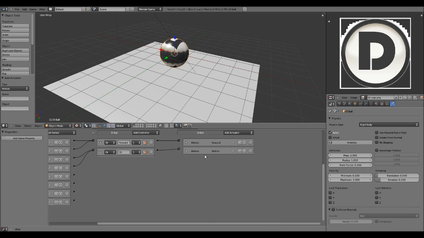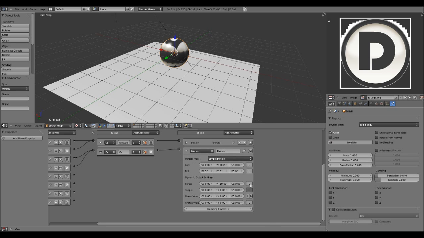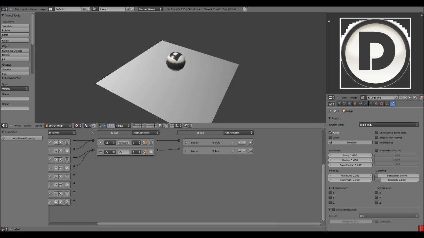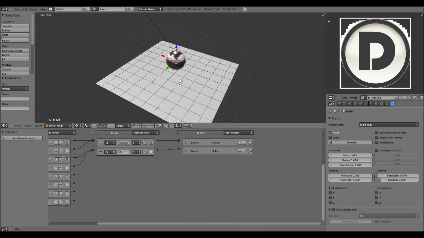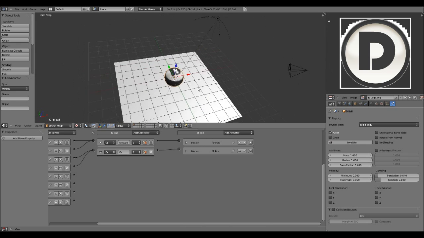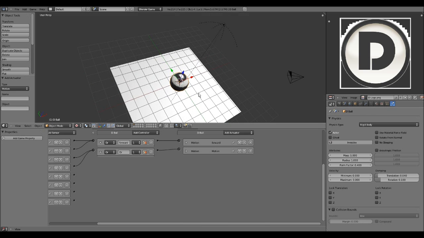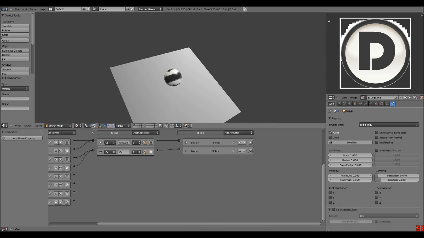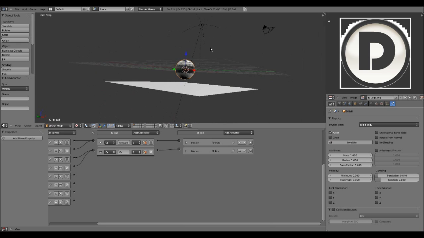Okay, so always remember the L's, of course. Always test out just to make sure you got everything right. Okay, let me make sure I'm facing the front. As I said, front, Y is pointing forward. Okay, so you can see that it moves forward and backwards. And you notice that if you go back, it builds momentum. So if you go forward, whatever, it builds momentum. So whenever you change direction, it kind of slows down. There's kind of a resistance that you can see there. So that's cool. And that's what